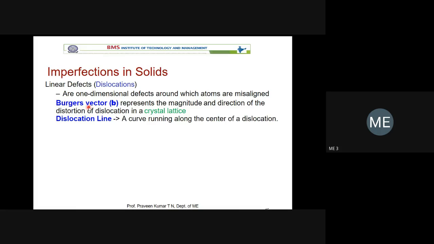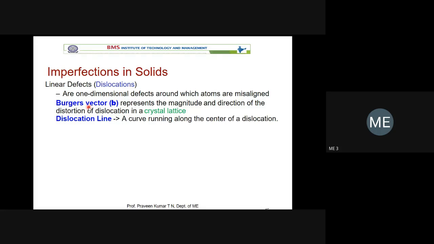So now, how much does the material undergo deformation? You studied about the vector. So imagine you are moving from BMSIT towards Hebbal. There is one direction. In a similar way, you are moving from BMSIT to Dodpur, the other direction. The distance may be the same, let it be around 5 kilometers on both sides. But you have to state the direction. One is towards south and the other is towards north.